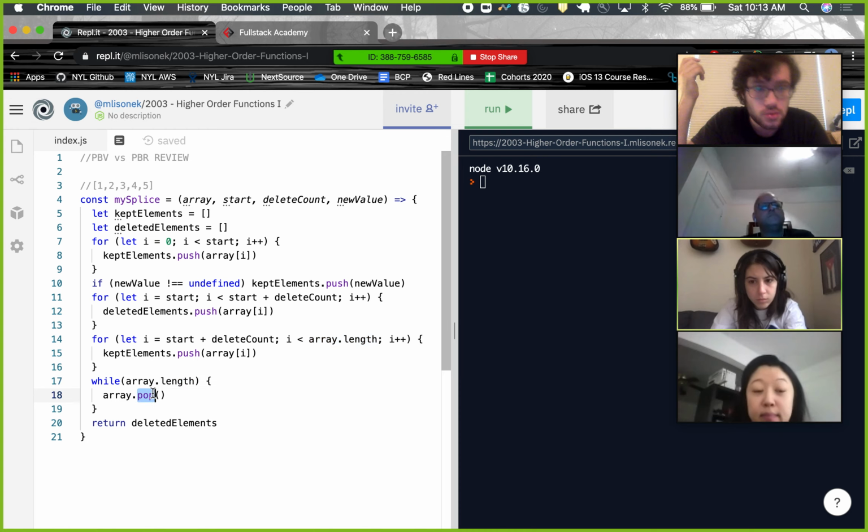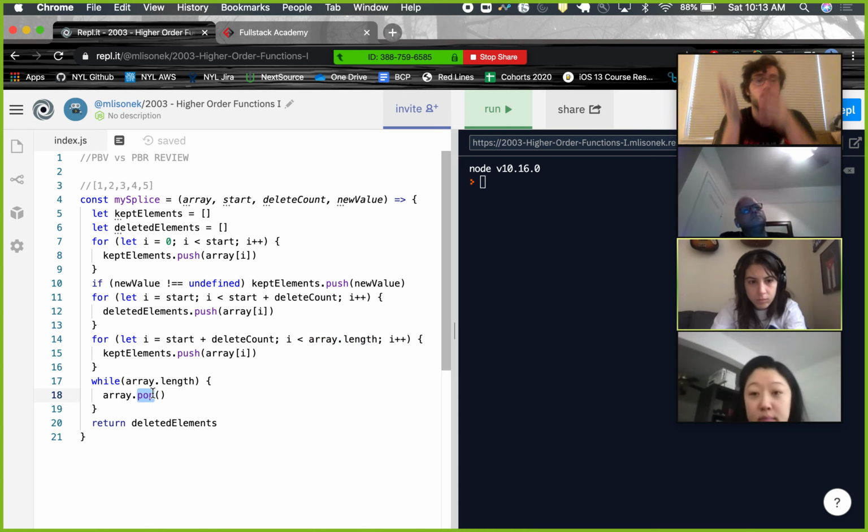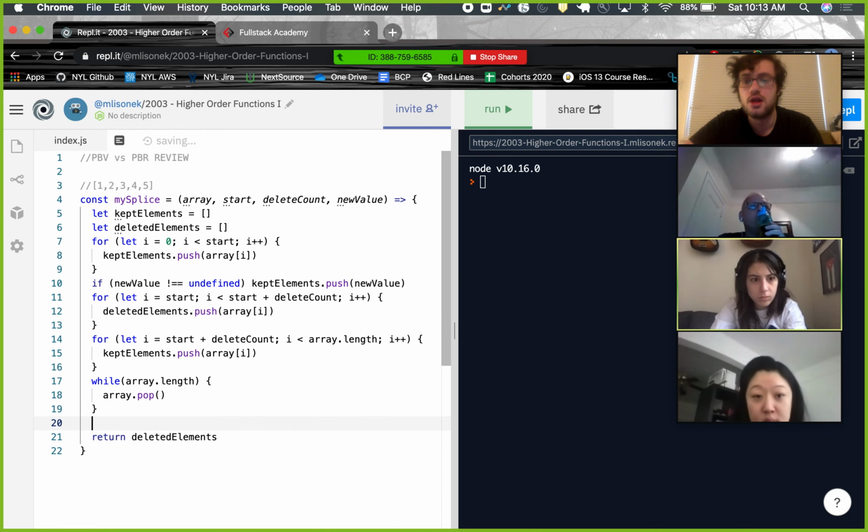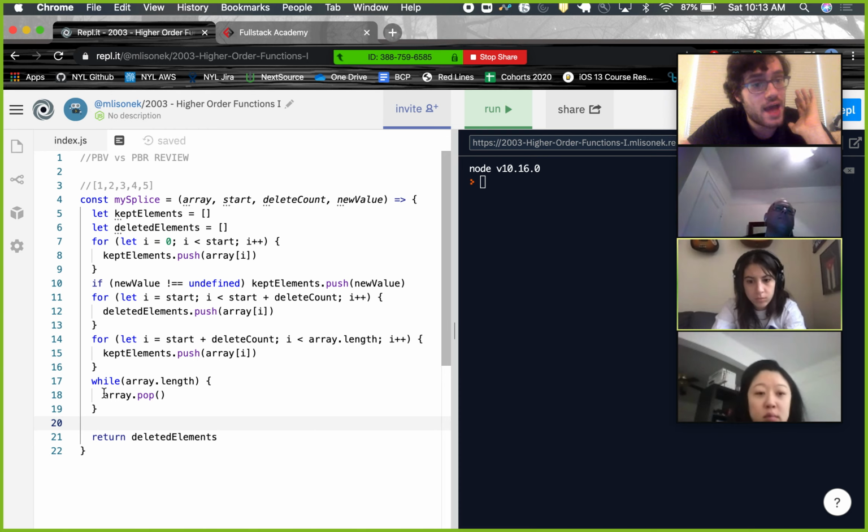And what does pop do? Pop pops things off from the back every single time, right? So eventually there will be nothing left to pop. You'll pop off the last thing, and then the length will be 0. So then while array is empty and pop mutates the original array, now array, the thing we passed in, is